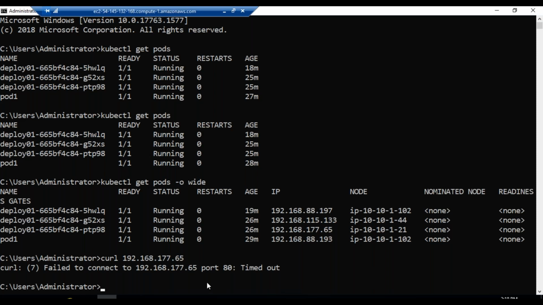Normally, as I said, you're not going to log into the master server. You might be doing it from your laptop or from a jump server. Now, how do I connect to this pod and check whether the website is really working or not? I'm not talking about the service. We'll come to service later. There is something called